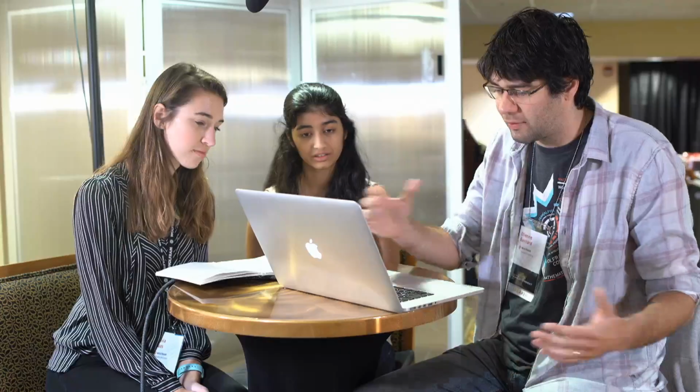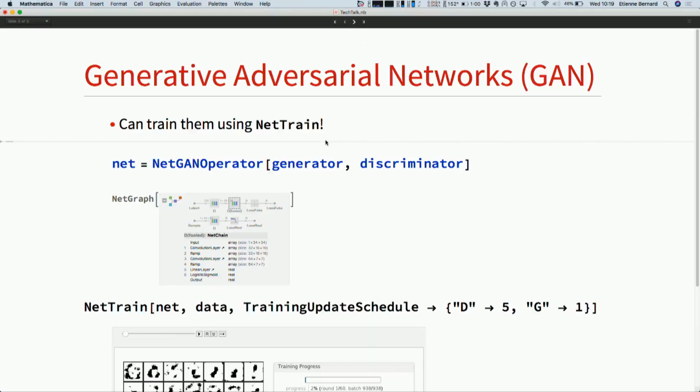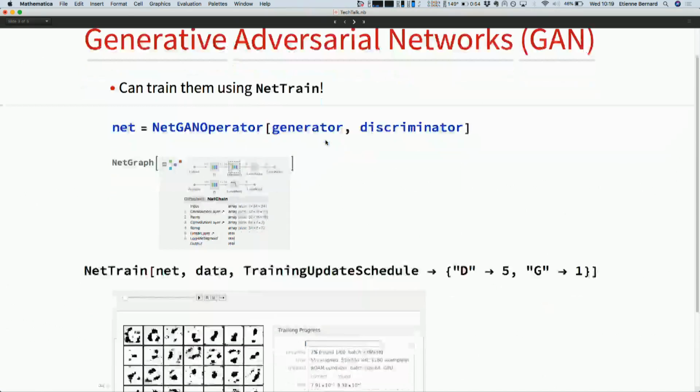Now we're coming back to more classic unsupervised learning like clustering, because this has been done a long time ago, but we want to refresh that entirely. We'll document the method, redo the automation, things like that. Then that's what I was talking about before. You will be able to train generative adversarial networks with the framework, and